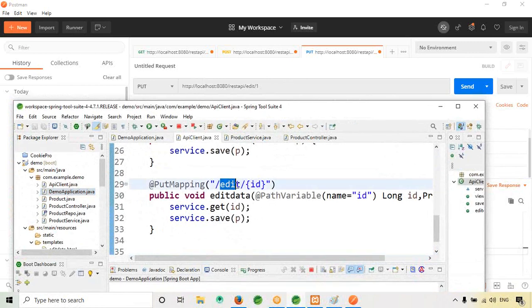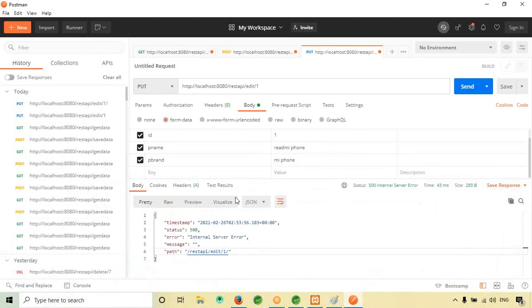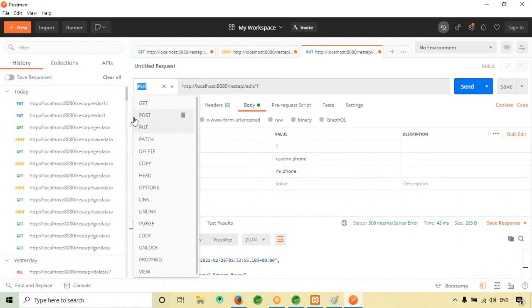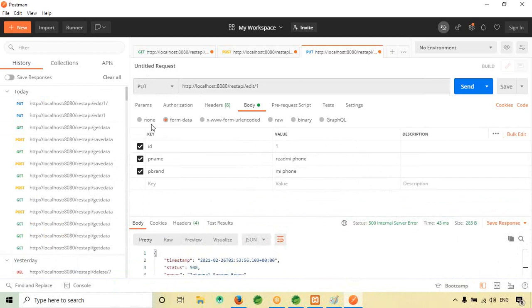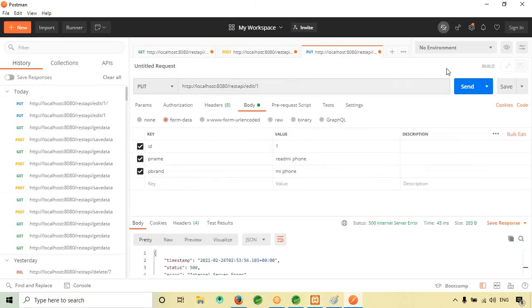Edit 1. ID, P name, P brand. Oh yeah, I have changed to put, right? So this is put. REST API edit 1. Something like this.